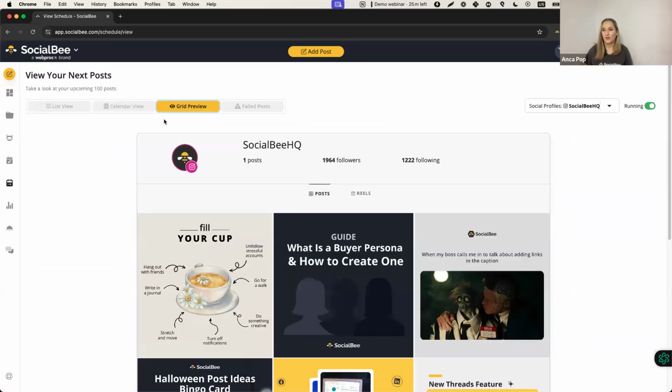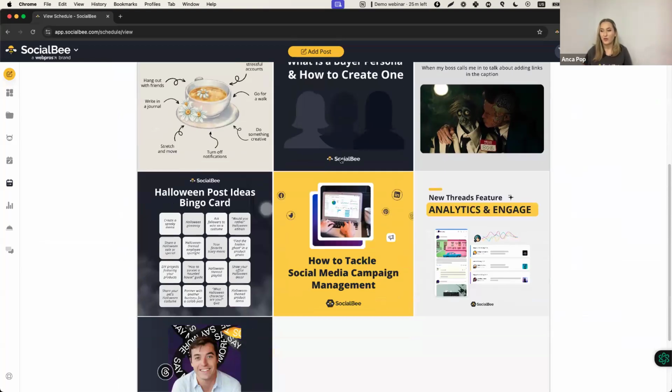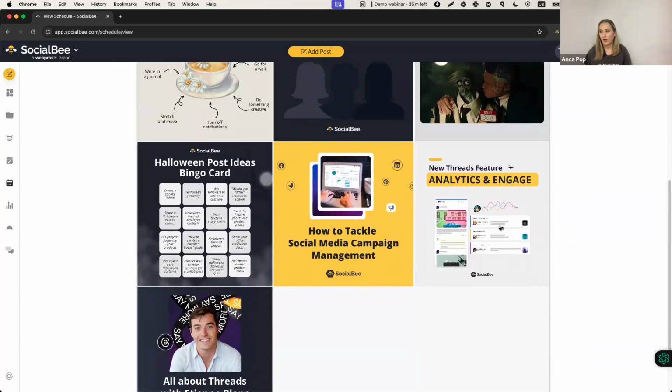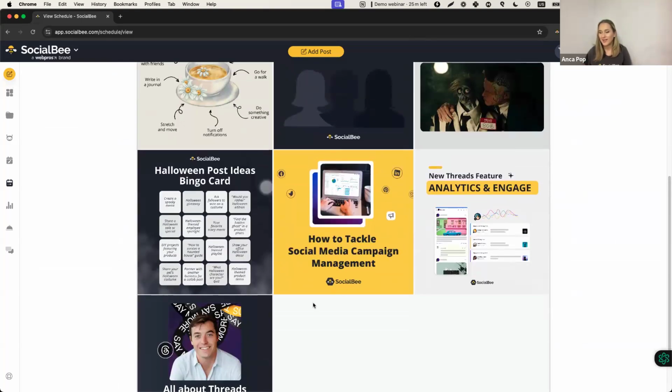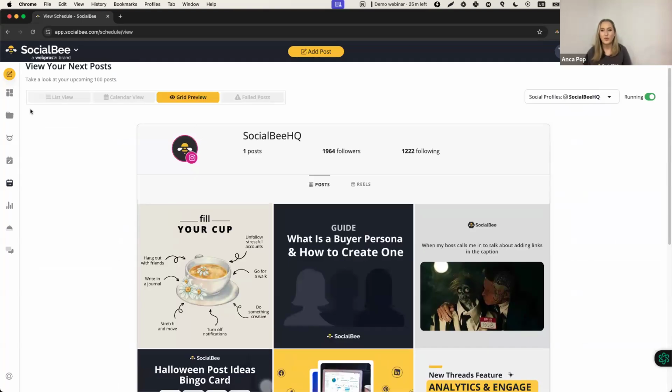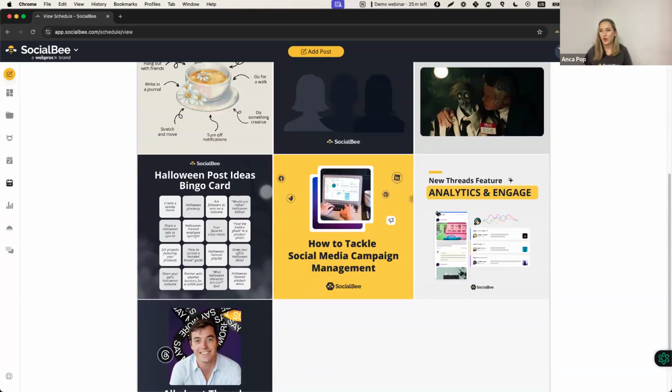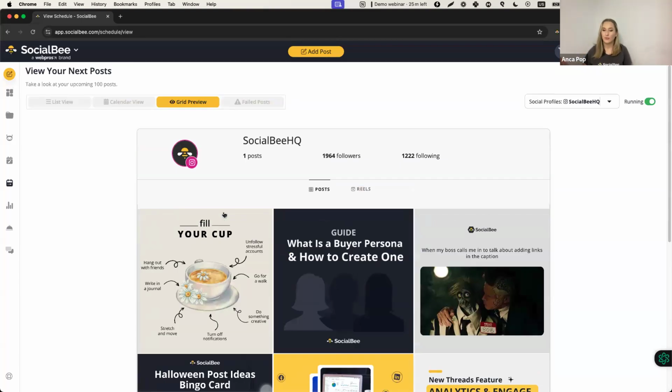Sticking with the next post for Instagram, and I know this was a comment in the chat earlier, you have full control over how your feed will look. So you can see and reorder the content from here. You can look at the content in this grid preview and reorder it in your category so that you make sure that it goes out in the correct order. Essentially, you'll see that this is the next post in line. So the bottom post is the one that's next up, and it just builds on top,